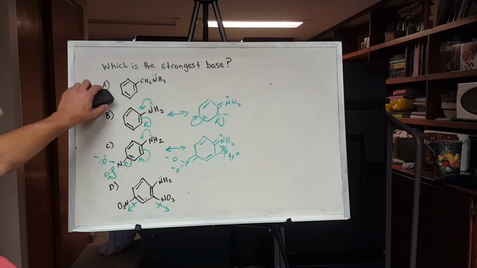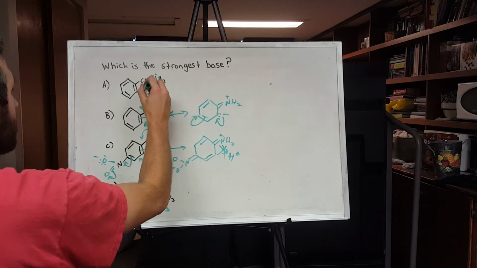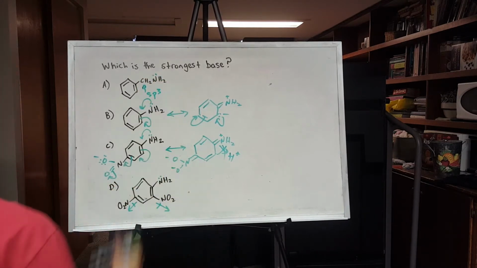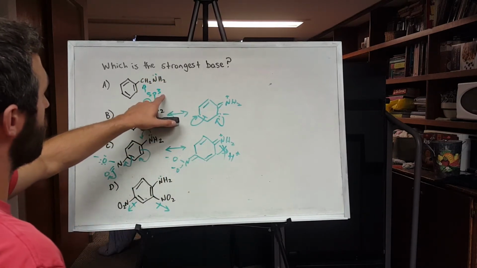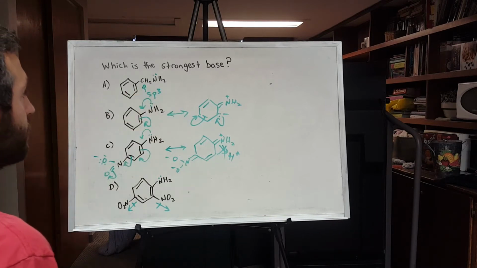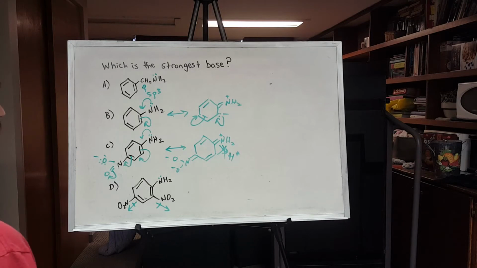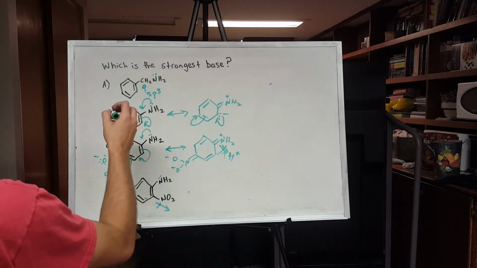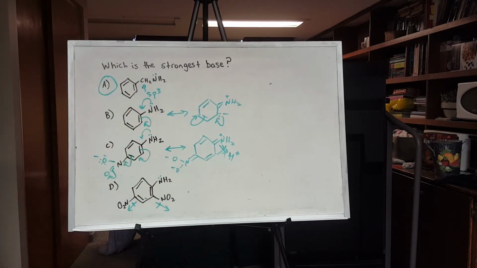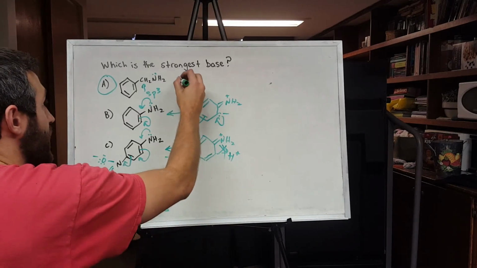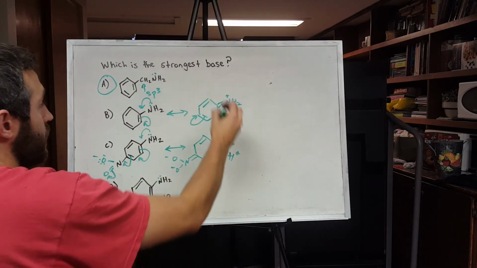So this one is an sp3 carbon, so there is no delocalization of the electrons with this base. So this will be the strongest base. You can also think that the strongest base will have the weakest conjugate acid. And I said the conjugate acid of this is